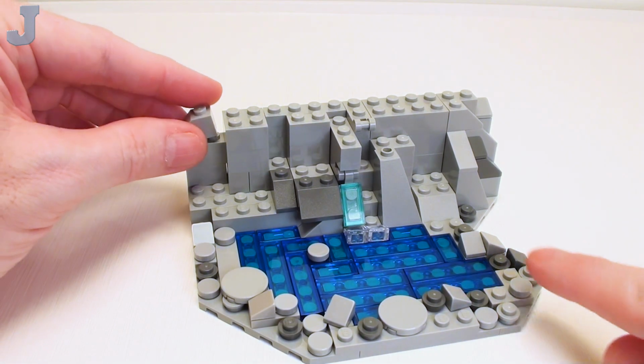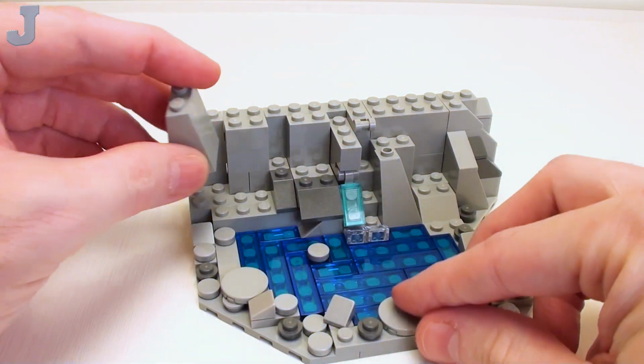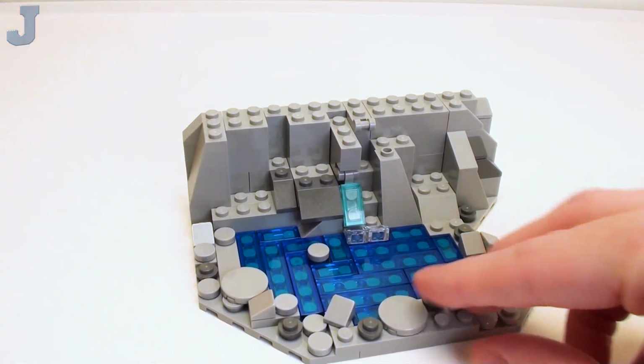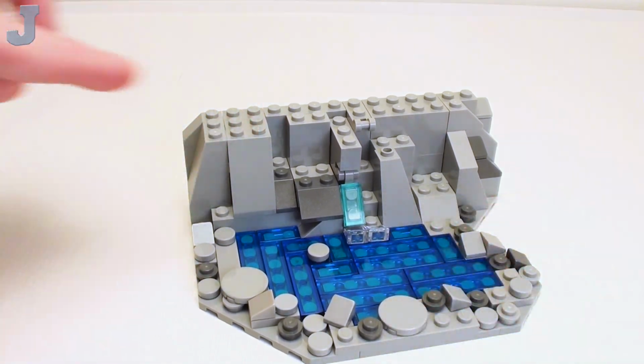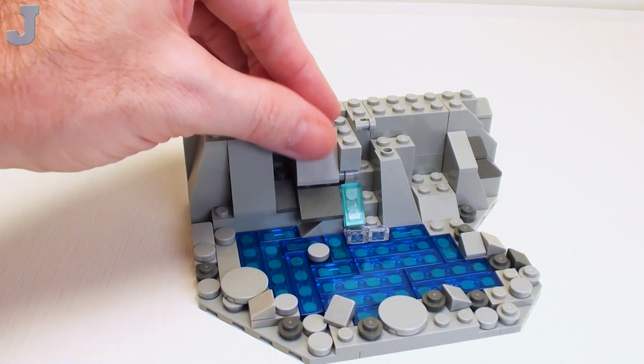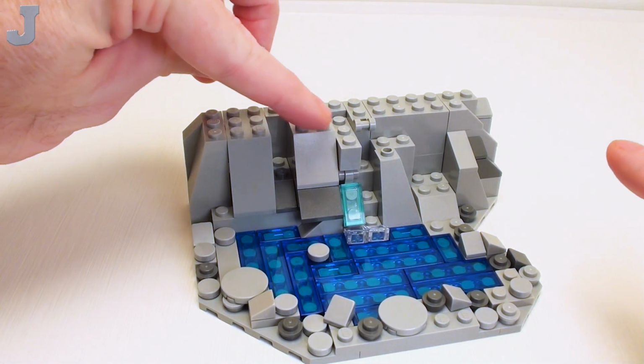And in the far left, a 1x2 45-degree slope and a 2x2x3 slope. I'm going to place that right here, followed by another 2x2x3 slope. We're going to skip this area and set a 2x2x2 slope to fill in that little area. Right in this 1x3 void,